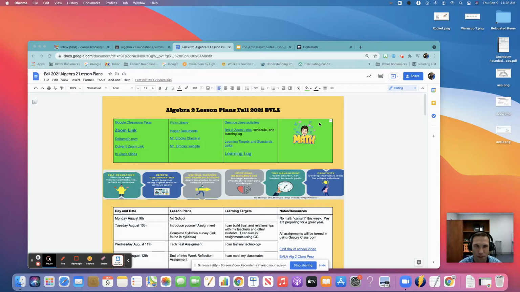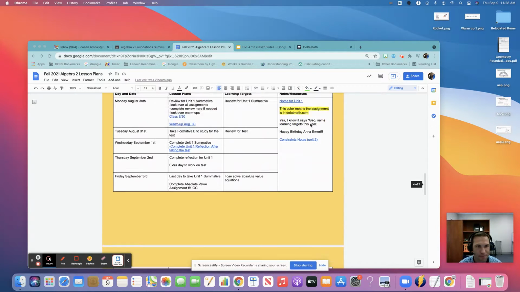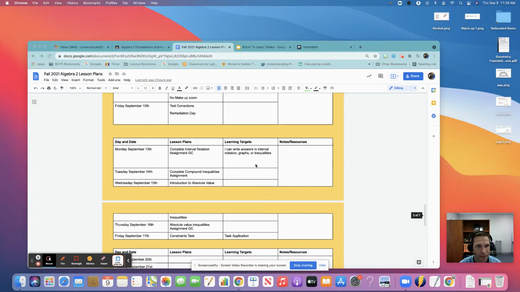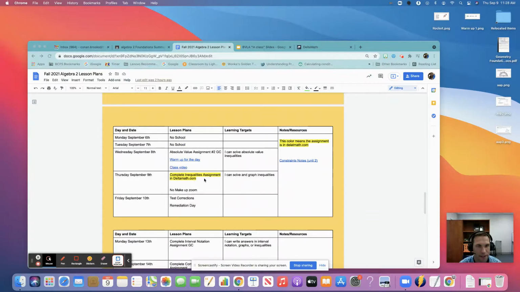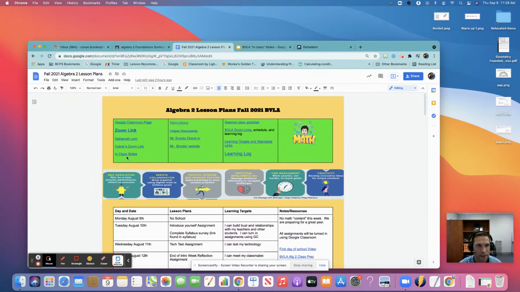The learning target is solving and graphing inequalities, and we're also going to do compound inequalities. The assignment for today is to complete the inequalities assignment at deltamath.com. Just looking at the in-class slides,